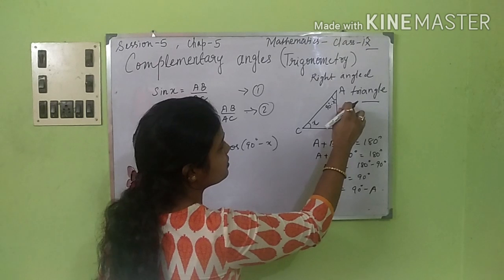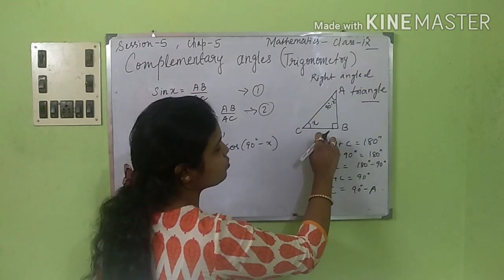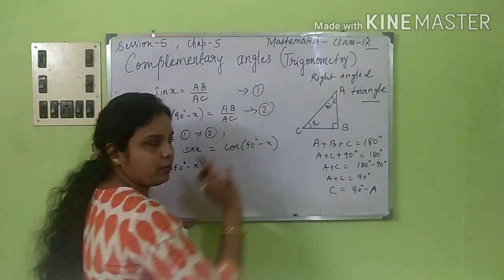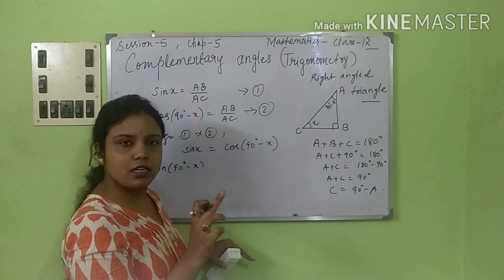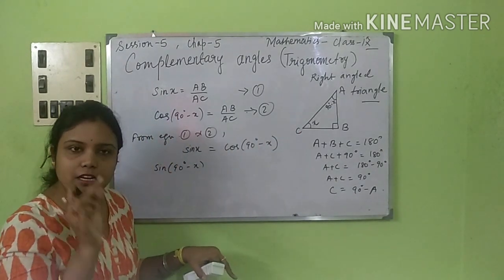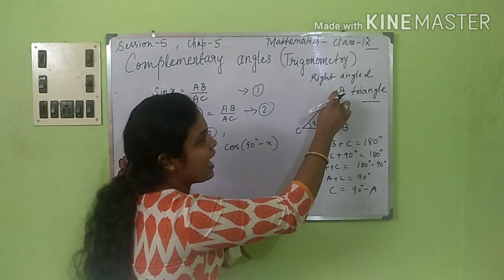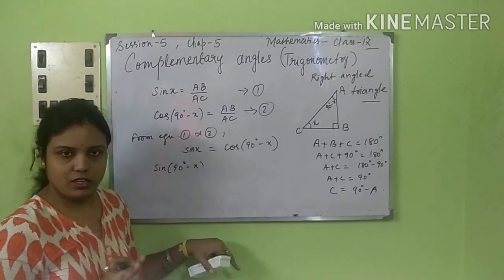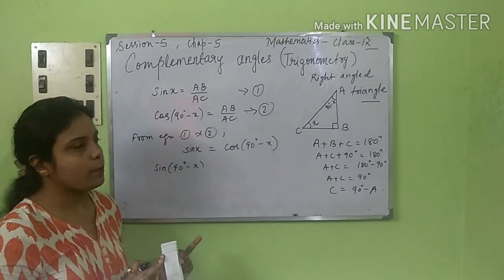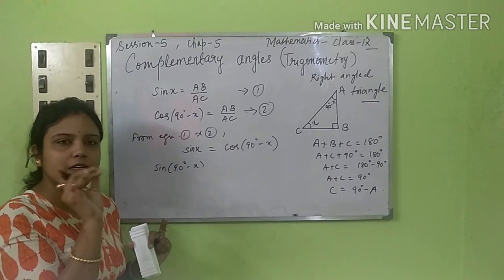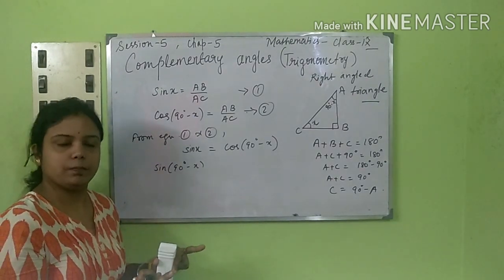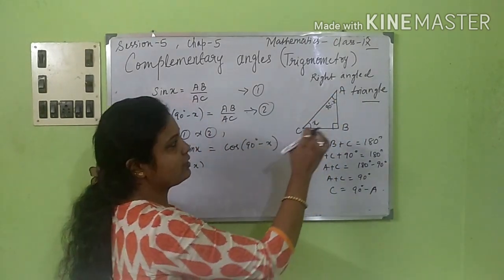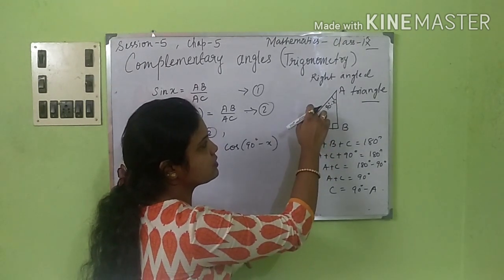Sine 90 degree minus x, as you know, this is a base, this is the hypotenuse, and this will be the perpendicular, in case you are considering this acute angle, that is angle A. In case of angle A, I have told in the last class only, we are going to consider the particular side as the base which has the acute angle and the right angle on the same side. That particular side is considered to be the base. That was a small concept that you need to keep in your head. Okay, next, so considering that way, taking this as an acute angle, that means this is a base, this is the perpendicular, this is the hypotenuse.